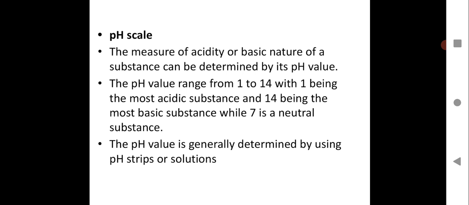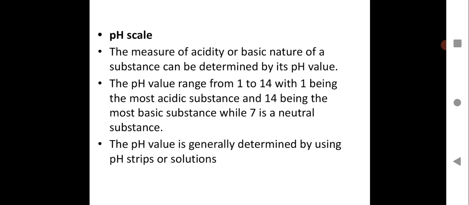We have learned about the indicators, the natural indicators, which will help us to detect the presence of acid and a base. But what if we need to know the strength of the acids or strength of the base? You have two colorless solutions, one solution is more acidic or a strong acid, and the other is a weak acid. How will you come to know? Because the natural indicators, litmus solution, China rose indicator, turmeric and all that will only help us to detect the presence of the acid. It will not tell us the strength of the acid, how strong the acid is.